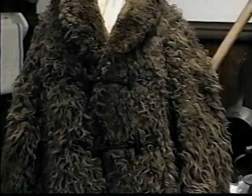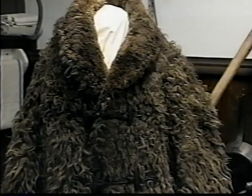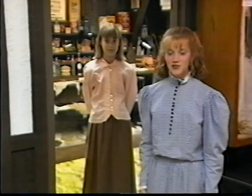The buffalo coat is very heavy and very warm. The collar and cuffs are made of beaver, but the main body is buffalo. It was found in Lee's Market on Main Street, Valley City. Now come with me into the post office and